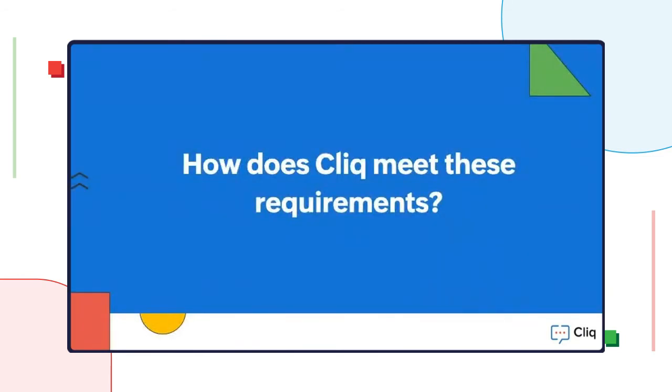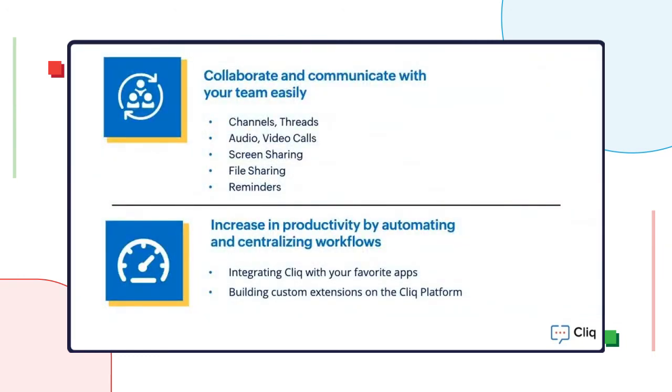So how does Cliq come into this picture? How does Cliq help businesses meet the requirements that we discussed right now, that is communication, collaboration, and automation, and things like that. So first thing, as I already told you, is any business communication software needs the basic aspects of collaboration and communication. So Cliq also has this, like you can chat using Cliq, you can start one-on-one chats,